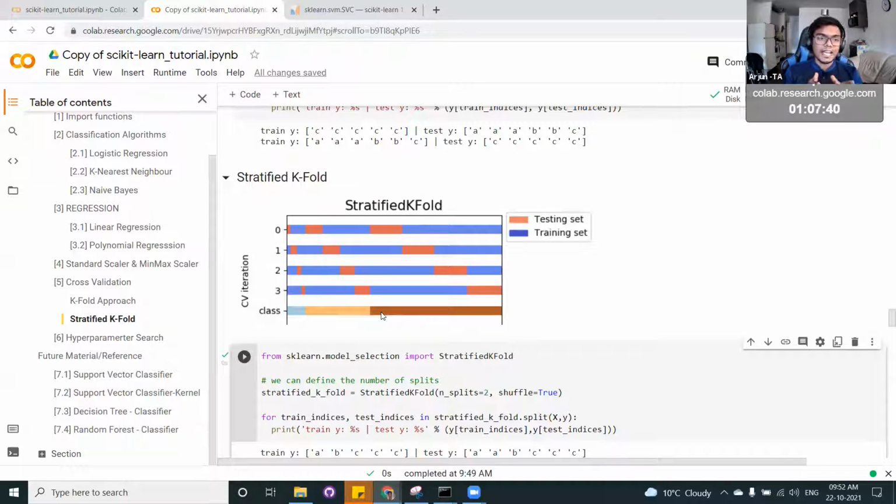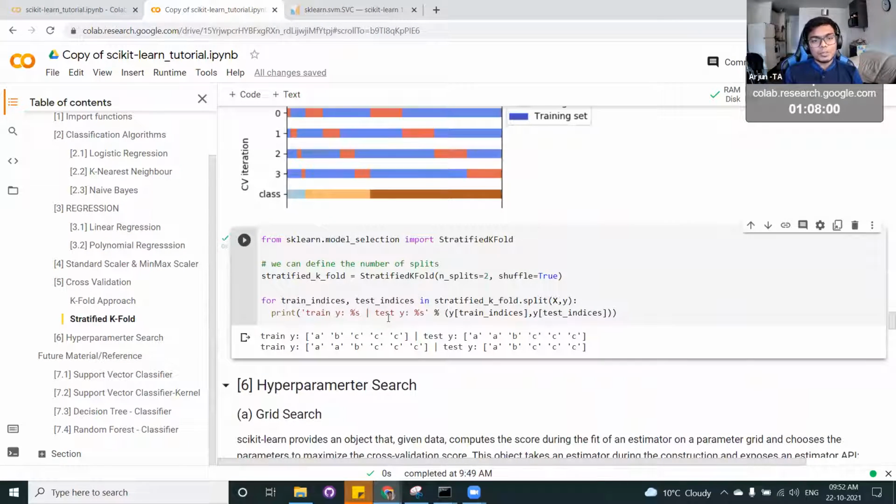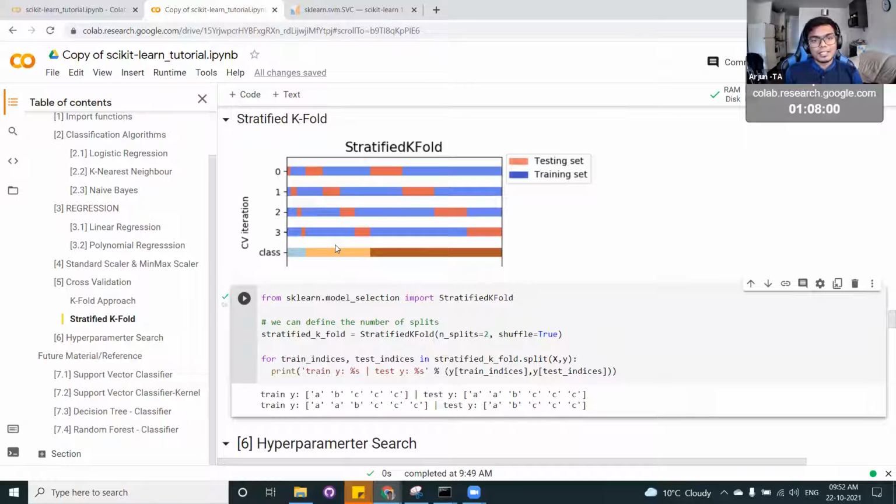Let's say the distribution of your classes is always 33, 33, 33, which constitutes 100%. Then you don't need to worry about this that much. But let's say you have 10% of one class, 40% of another class, and 50% of one more class. Mostly in real problems, you face this kind of issue.